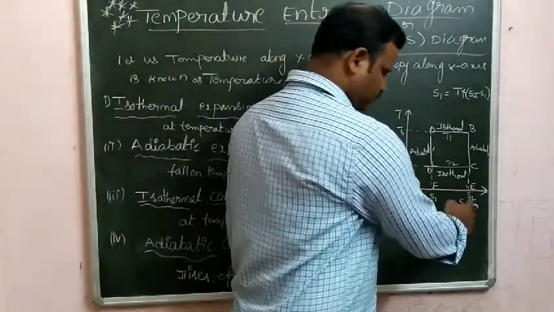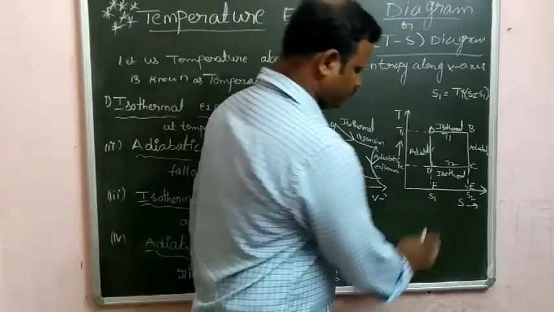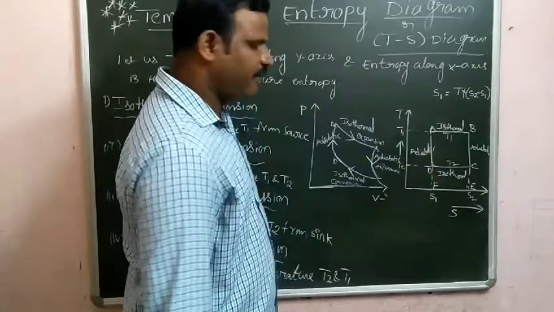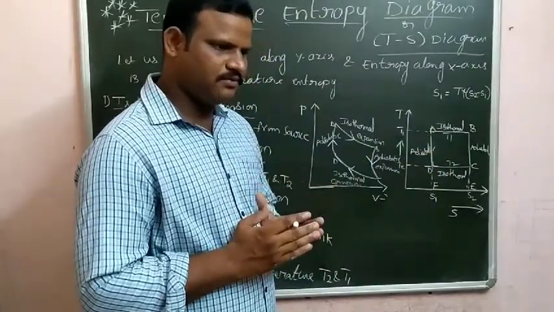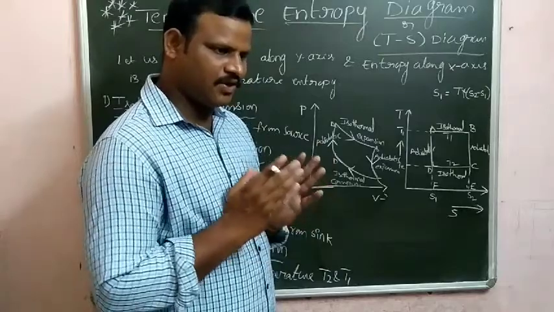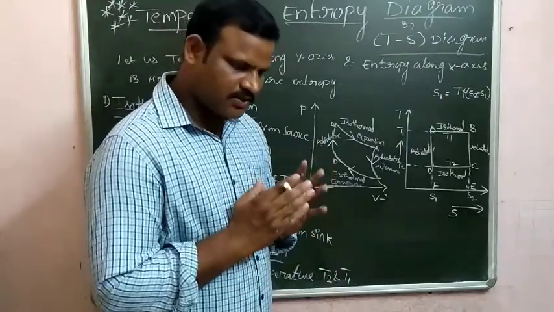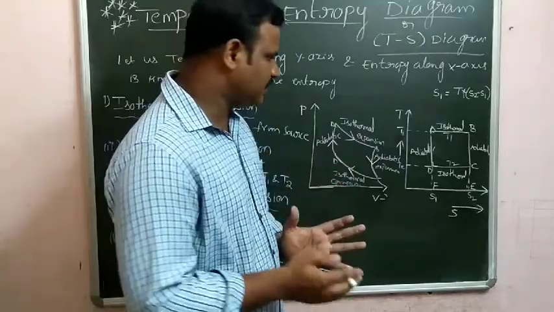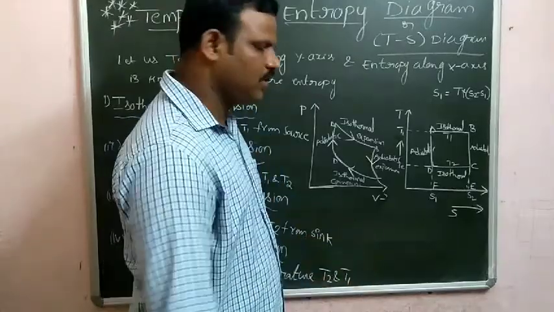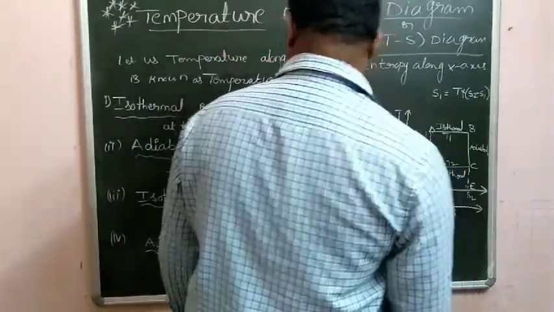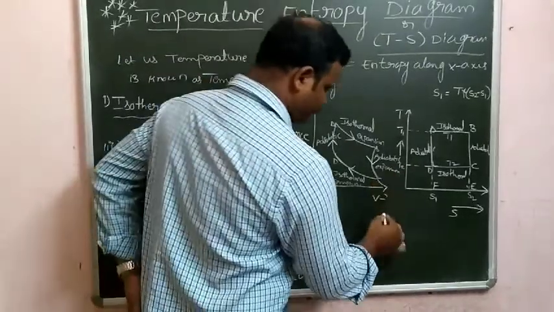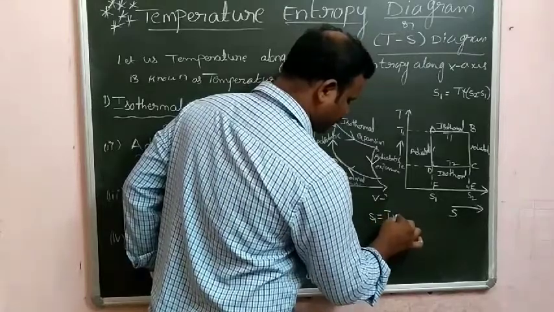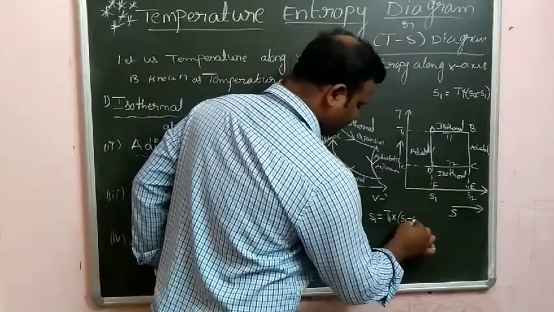First, explain isothermal expansion along a straight line AB at a constant temperature T1. The entropy of working substance increases from S1 to S2. Therefore,